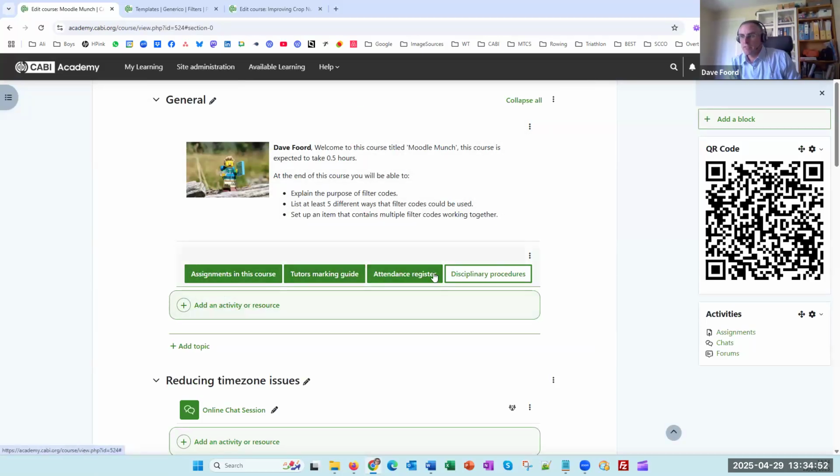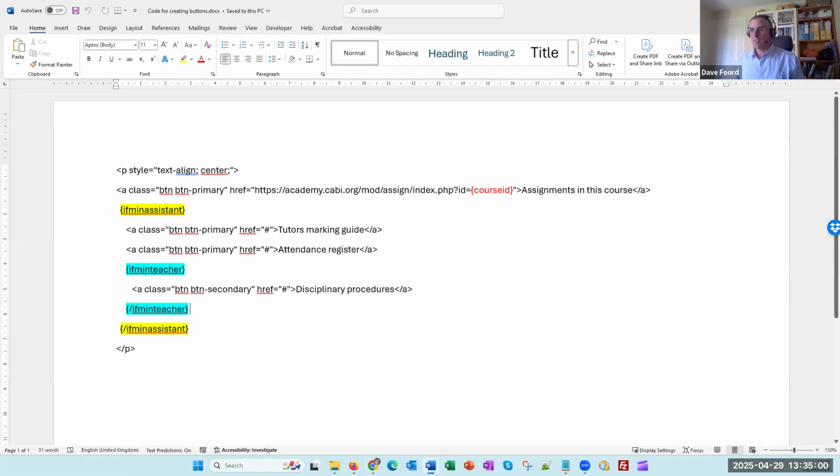My next set are these buttons across the top here. So I've got 4 buttons. Now, I'm going to show you in Word what the HTML is, because it's just a bit easier for me to explain it here rather than showing it to you in the browser. So my first button is the visible to anybody, and that's that button there,